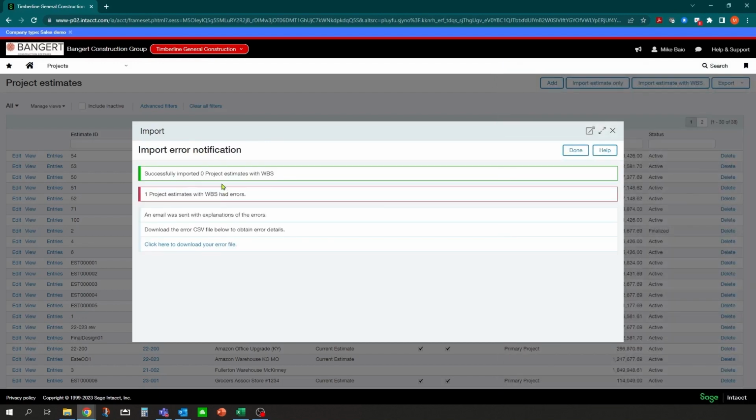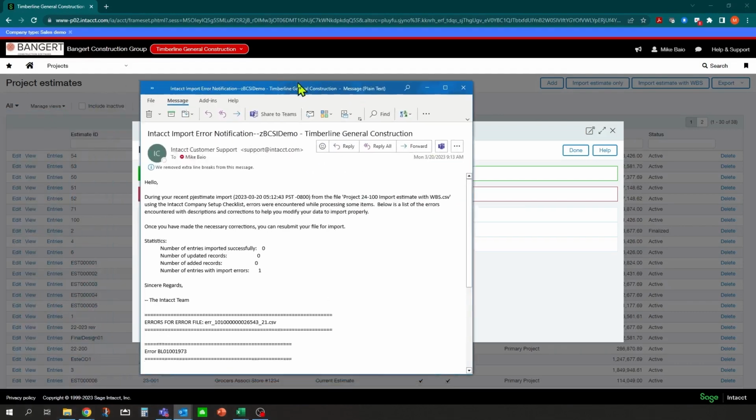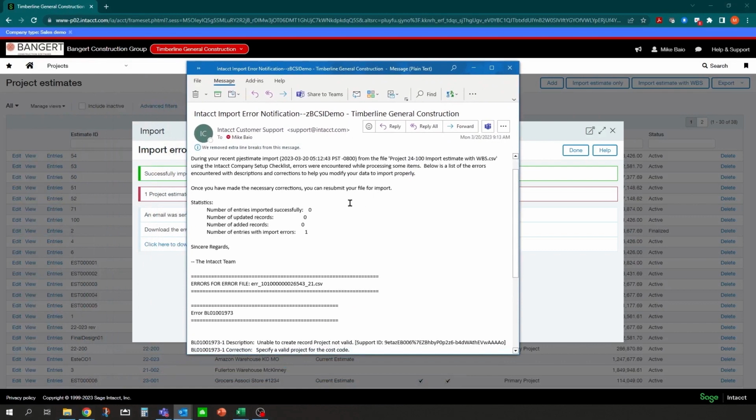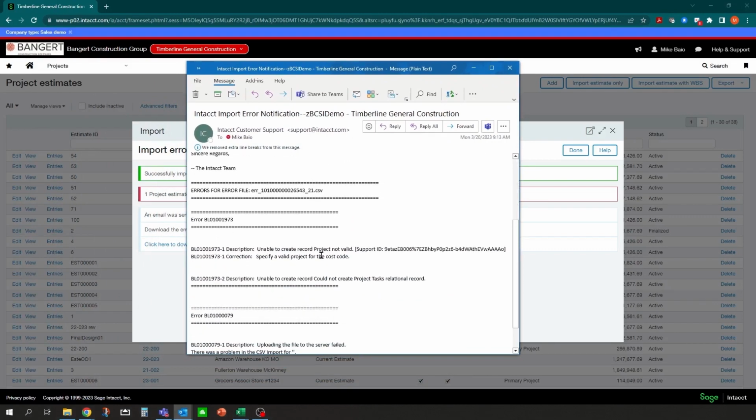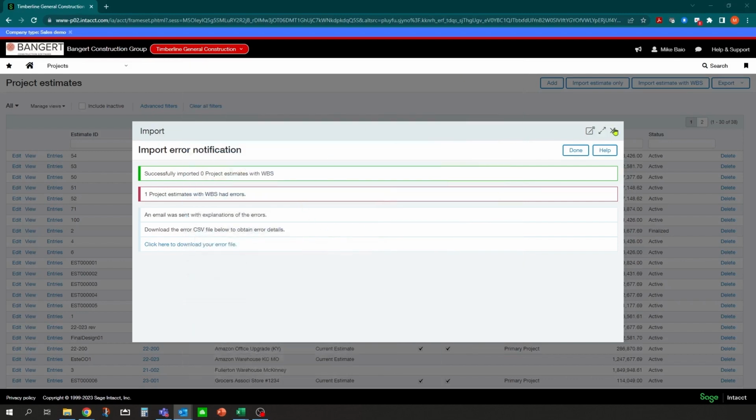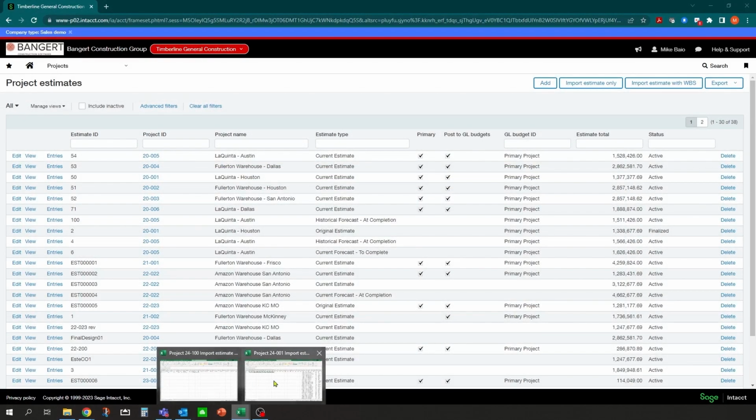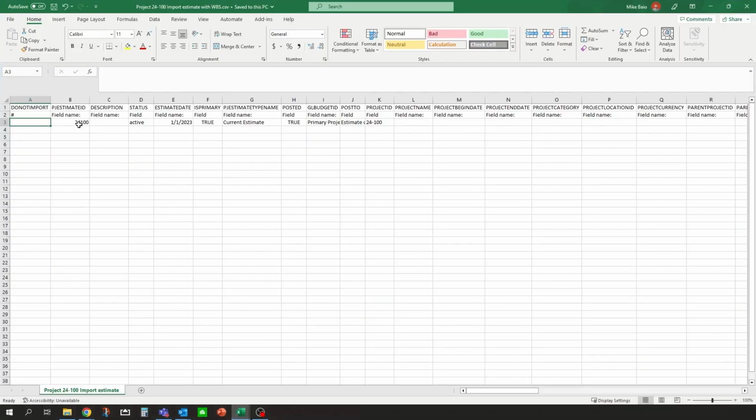And there was an error, so we'll go find out what the error was on that import. The system gives you an email with the error information. And I did notice down here that I did not have an estimate project ID in my Excel sheet. I was making some changes earlier, and it looks like I left off the first line item. So I was missing the estimate ID.